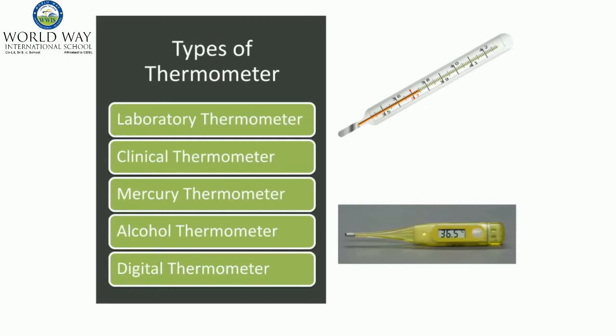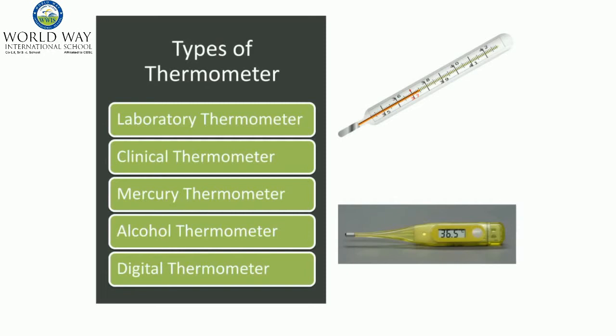The normal human body temperature is 37 degrees Celsius. It can fluctuate between the range 35 degrees Celsius to 42 degrees Celsius. Hence, the clinical thermometers have the range 35 degrees Celsius to 42 degrees Celsius. On Fahrenheit scale, the value ranges from 94 degree Fahrenheit to 108 degree Fahrenheit.